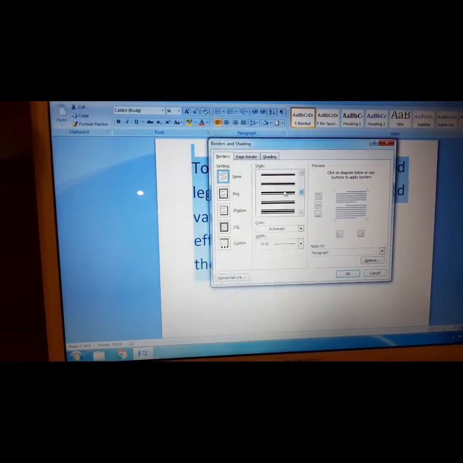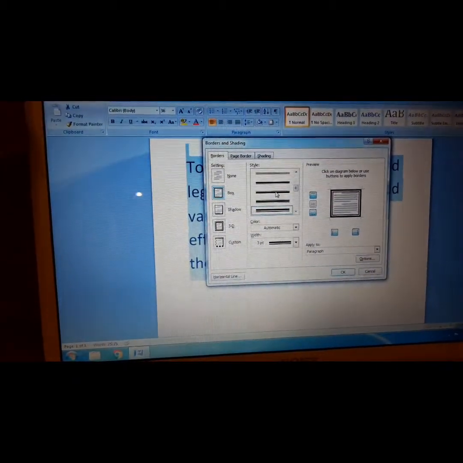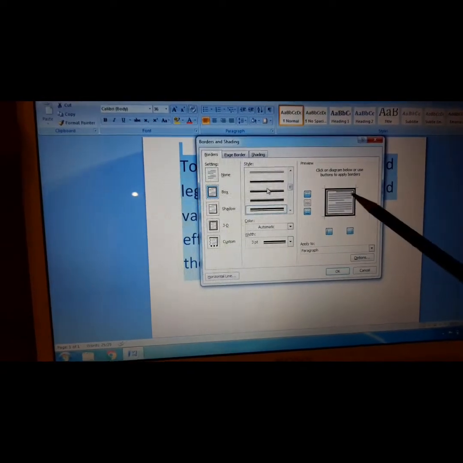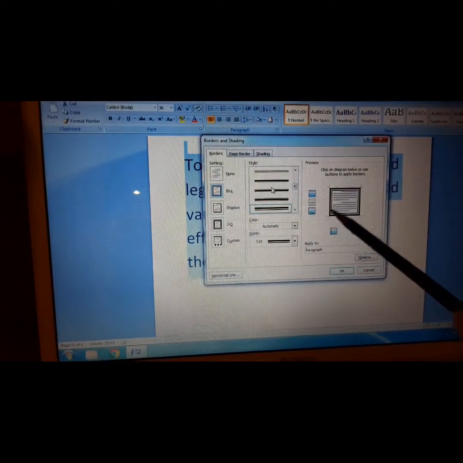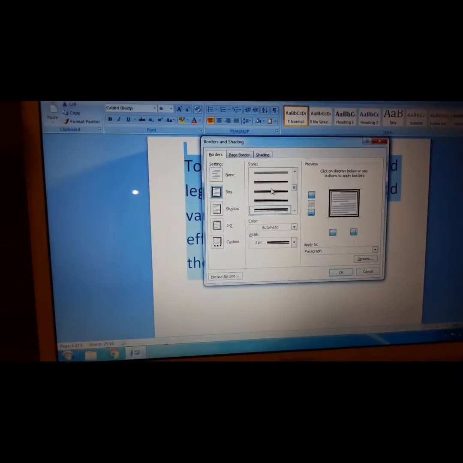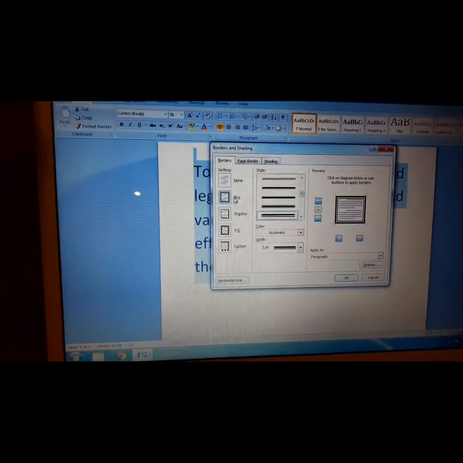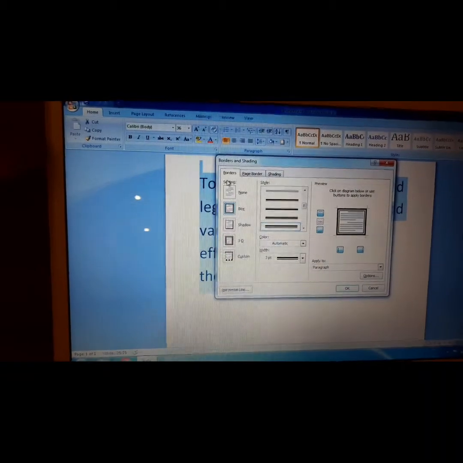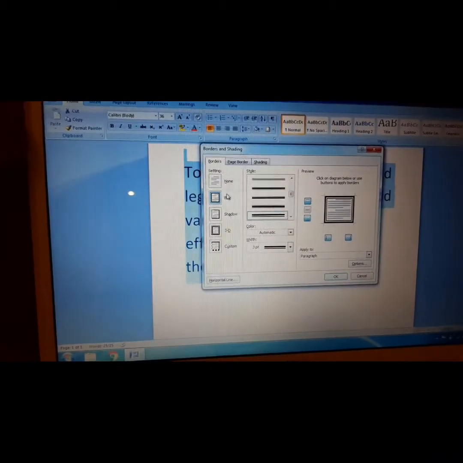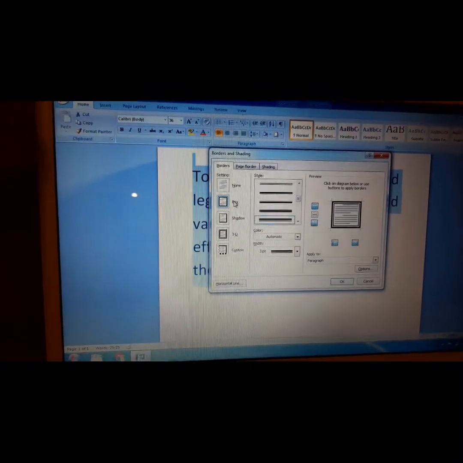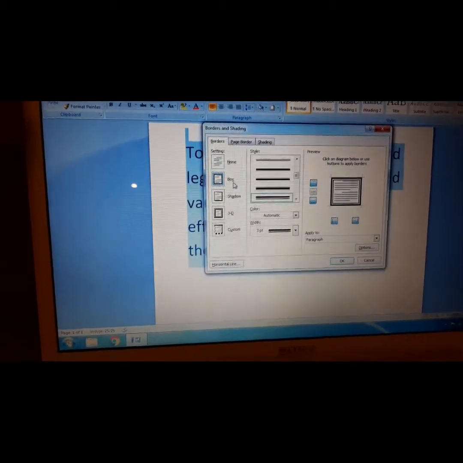Suppose I want, okay, let's choose this. Now this is the preview section. You can see this is how the border is going to come. After that, under the Setting section, click the Box option, and select the line style.